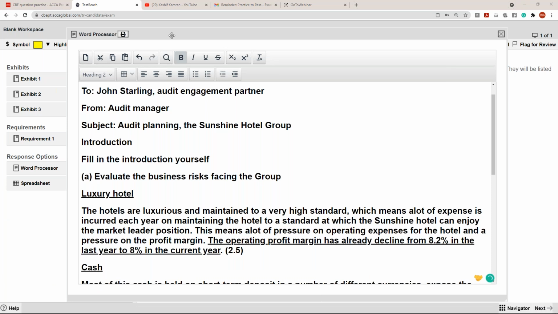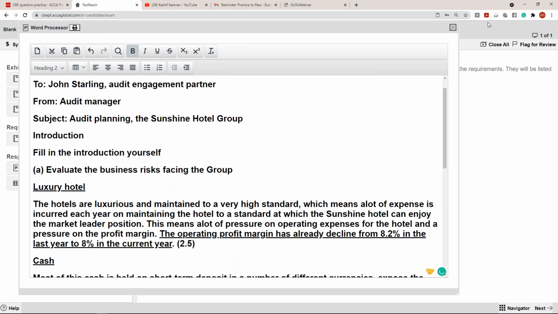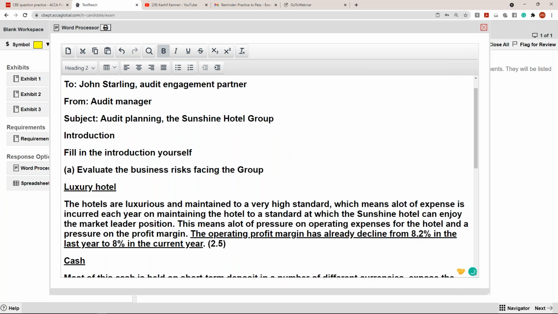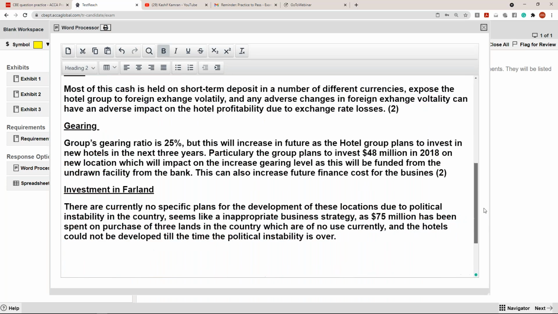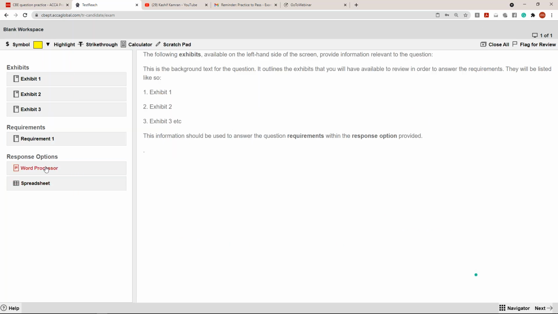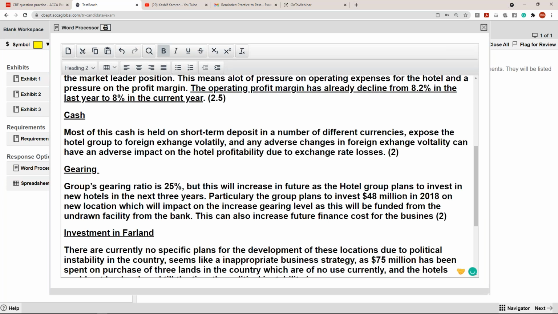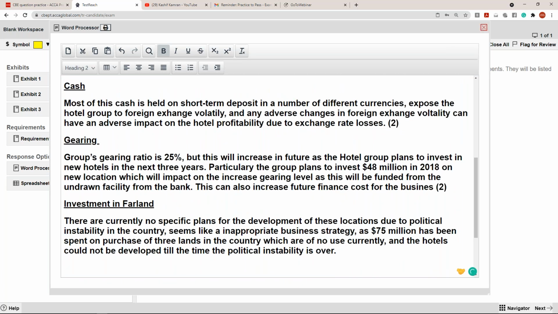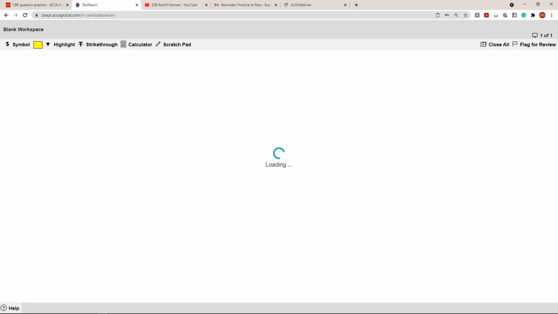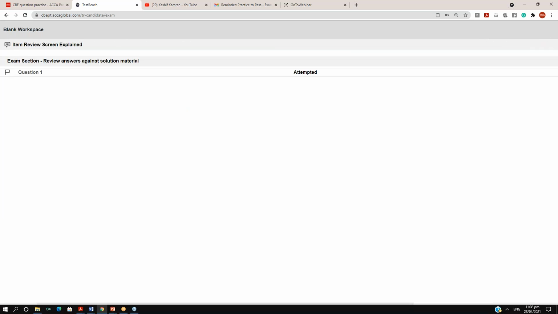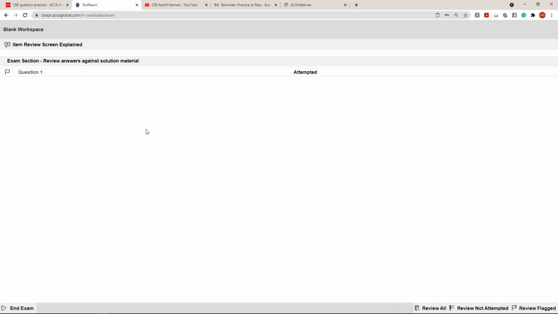Okay, now whenever you write an answer in the word processor and you close the window, and I reopen the window, the answer is still there. The answer will not get lost. So in the exam paper, when you're writing an answer on a word processor and you close it and reopen it, the answer is still there. And if you want to leave the answer incomplete and jump from question number 1 to question number 2, you can come back to question number 1. Your answer will not be lost. Is that clear to everyone?